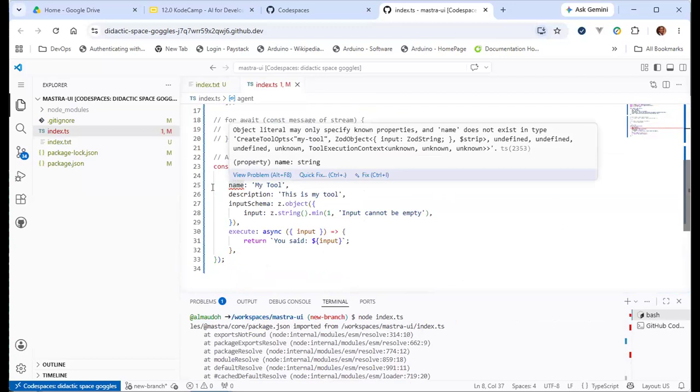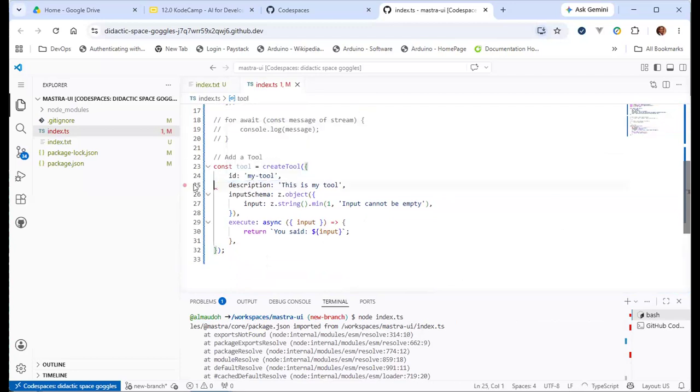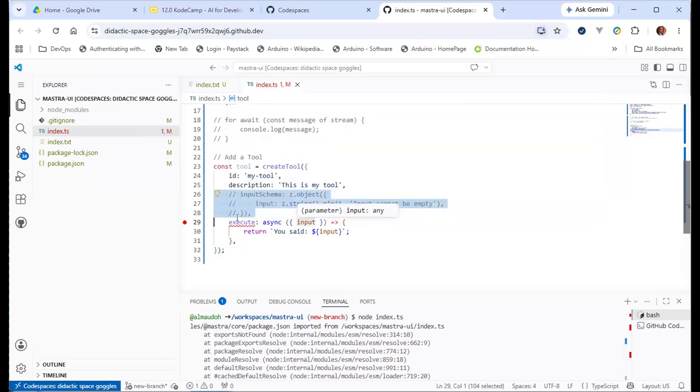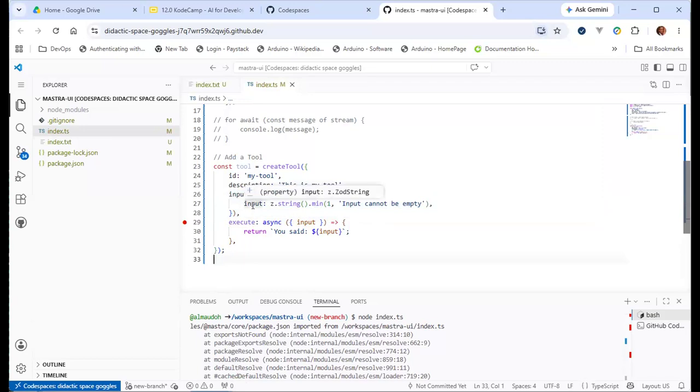So tools don't have names. It's only agents that have names. Tools will just have the ID. So you can see this goes away. If I take away this Zod schema, right, execute throws an error, which is really the error I should have shown, that you really cannot assign this the way we think. So you can see that in Mastra, the input schema is seriously integrated, right? So it becomes a requirement unless you don't take any input.